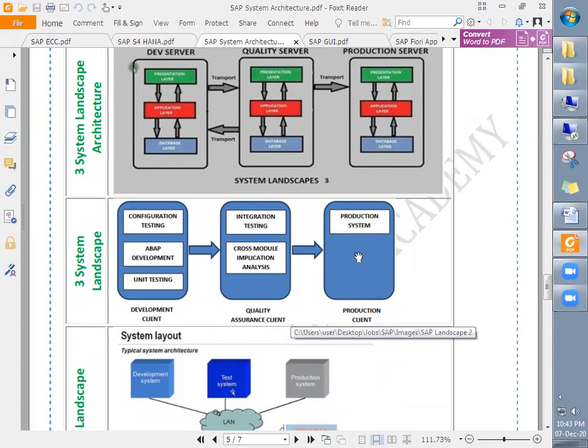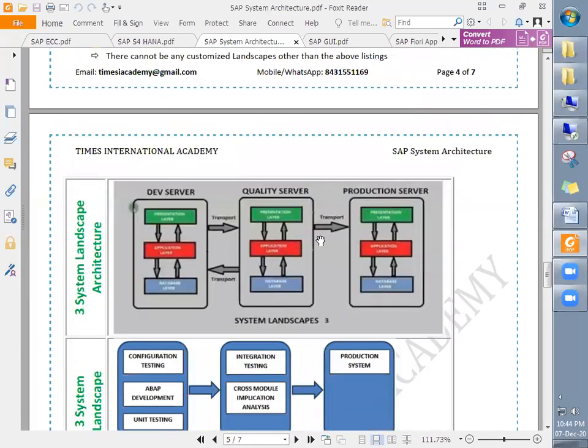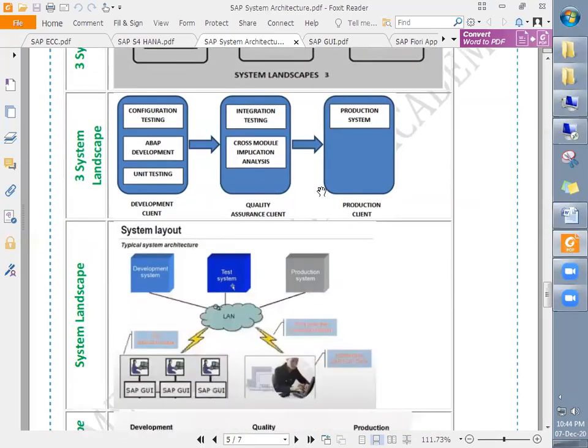Pre-production is just before production; whatever the configuration and testings, it is verified again here, to be on the safe side. So even in the case of a 4-system landscape, they may have the 3rd system as pre-production and the 4th system as production.